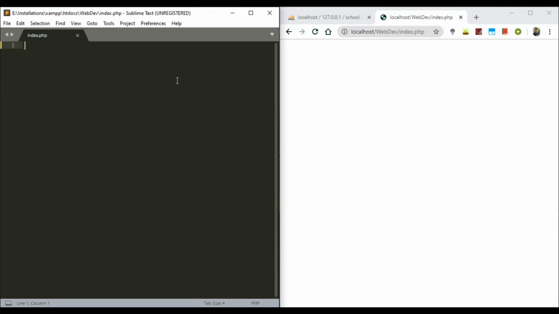Before trying to execute SQL queries with PHP, you need to establish a connection between the database and your PHP code on the server. Let's discuss how we can do that. First, let's declare a variable db server name, and the server name is localhost. Next, username: db username equal to root,